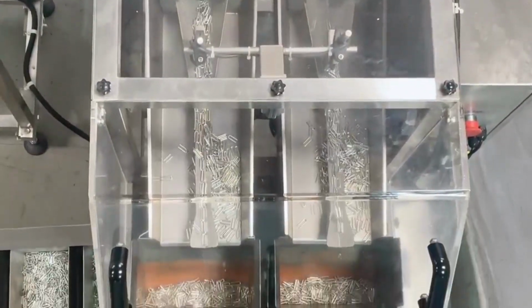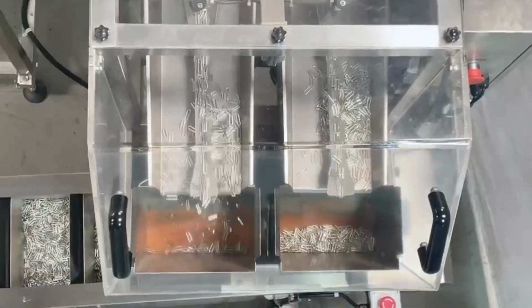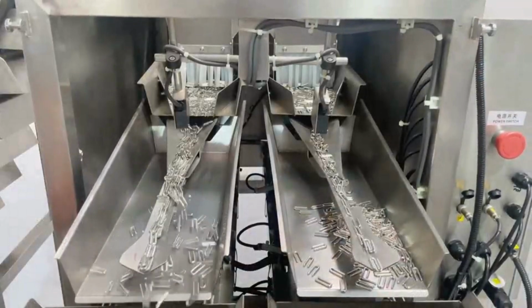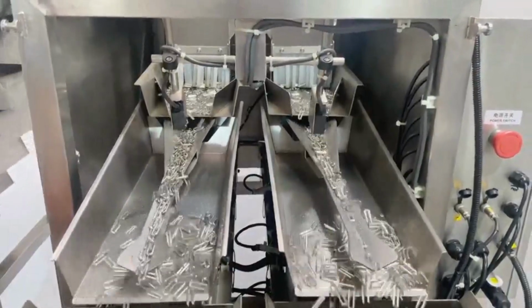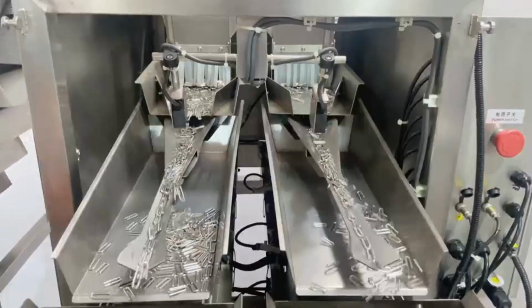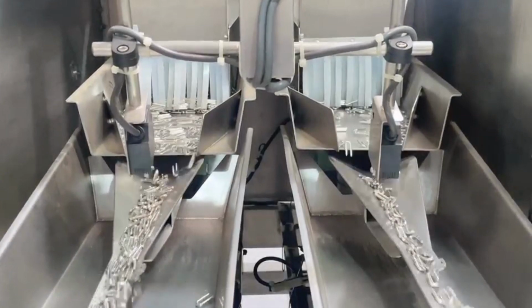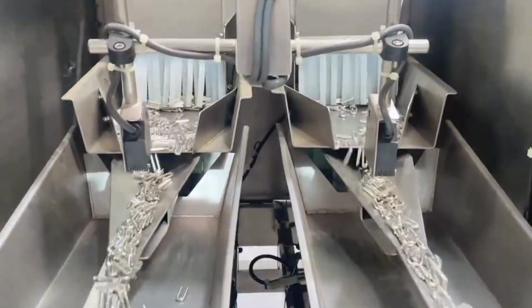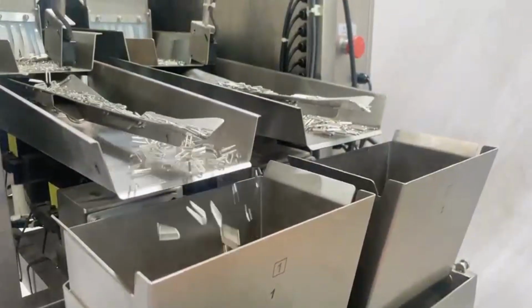contents. Key features of our weigh filling and packaging machine include: high-precision dual-head weighing system, ensures accurate measurement and consistent weight for each package. Efficient bucket conveyor system, provides smooth transportation of parts, minimizing the risk of jams and ensuring a continuous flow. Vertical form fill seal, VFFS, technology, forms, fills, and seals bags in one seamless process, increasing efficiency